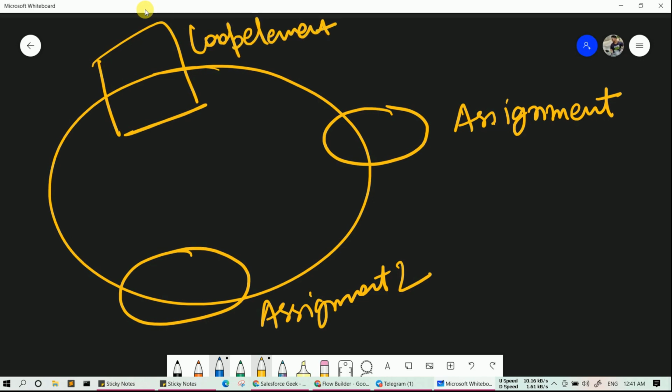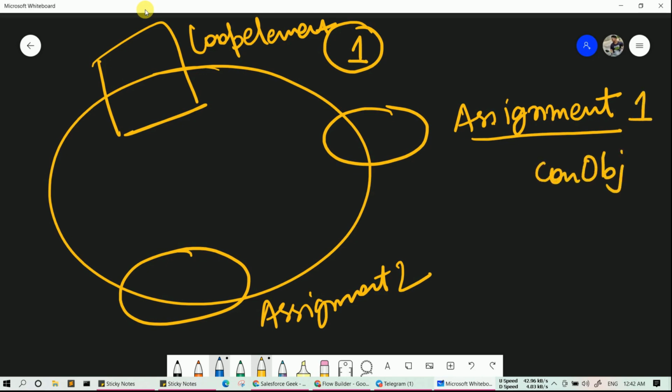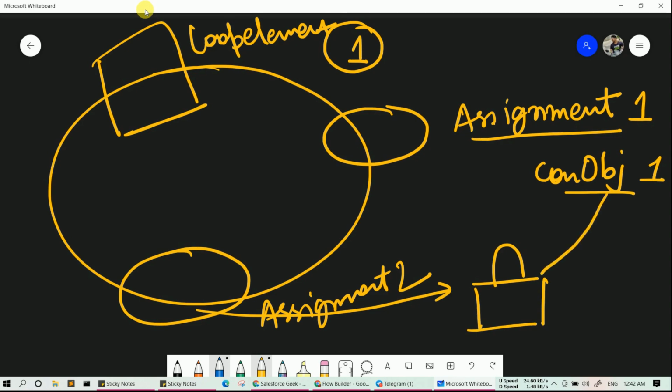So let's say your loop will run the first time. First it will come to assignment 1, and let's say you have con obj 1. Now your con obj will get stored in a list. Let's say it's a bag in which I am going to store con objects.